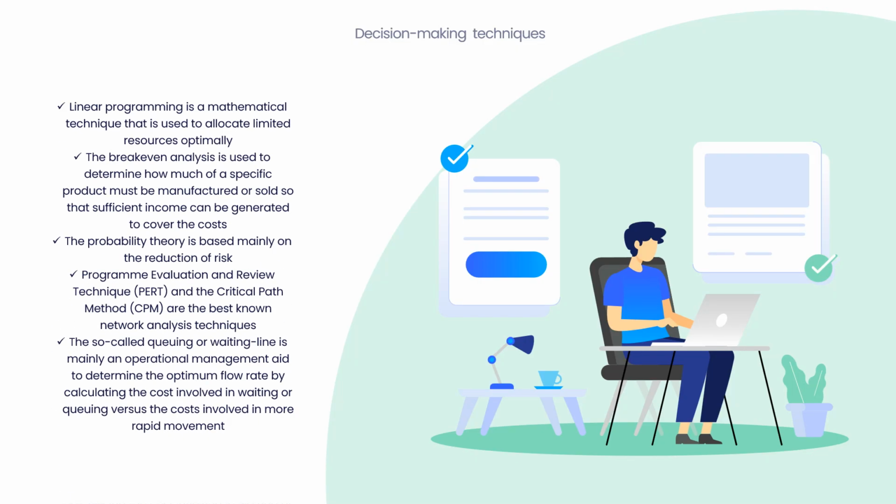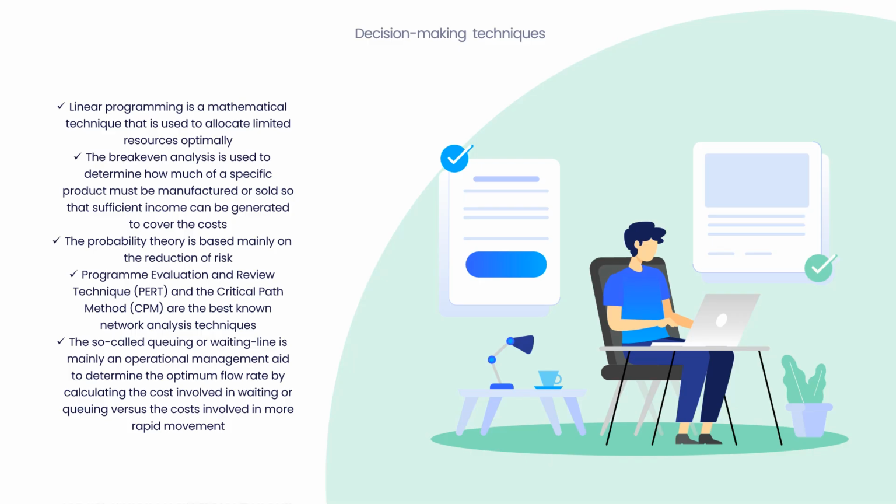Decision-making techniques. Now we are seeing the scientific methods that help us when we are facing uncertainty or risk, not certainty, especially when you are facing an unprogrammed decision. The first one is linear programming, which is a mathematical technique used to allocate limited resources optimally. The second one, the break-even analysis, is used to determine how much of a specific product must be manufactured or